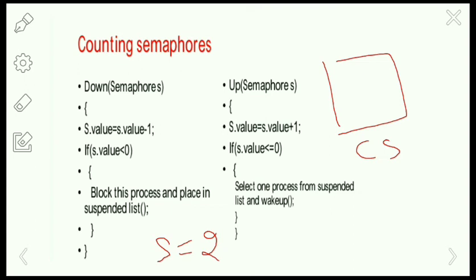In the down operation it is going to decrement the semaphore value by 1, and the up operation is going to increment the value by 1. So whenever a particular process is going to enter the critical section, it has to execute the entrance code, that is the down operation. And when the process is coming out of the critical section, it has to perform the up operation.